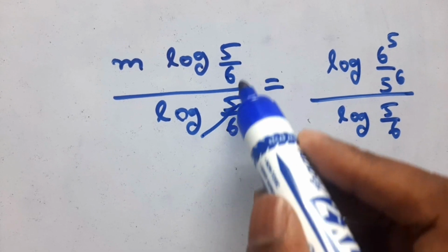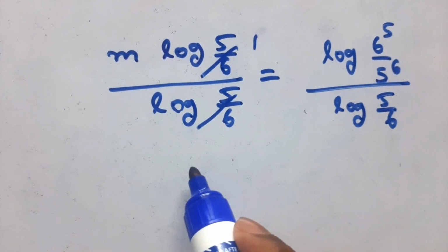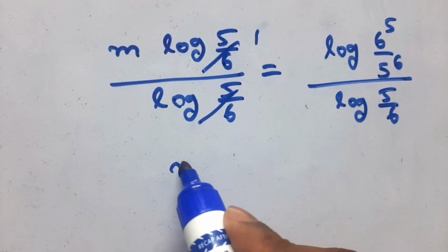Here log 5 by 6, log 5 by 6 one time cancelled. This will be m is equal to